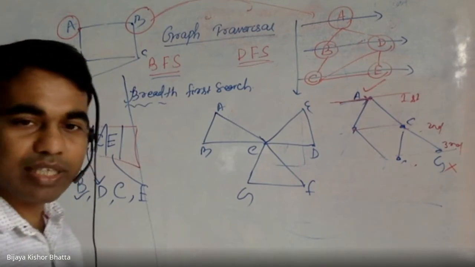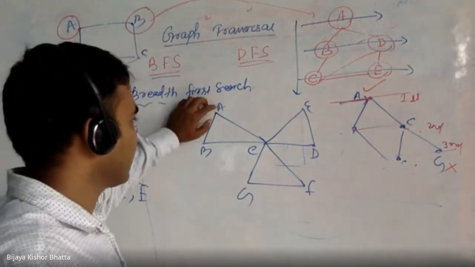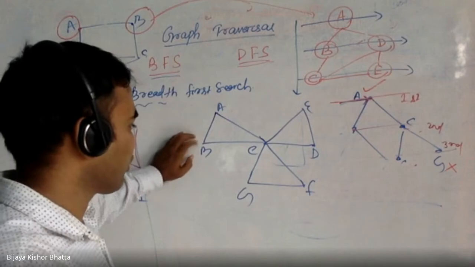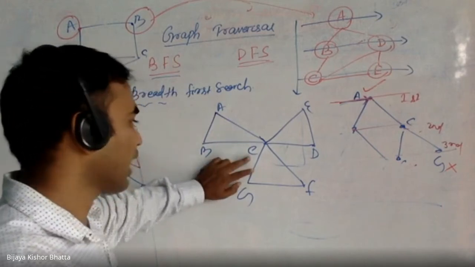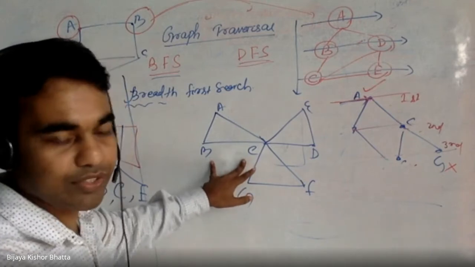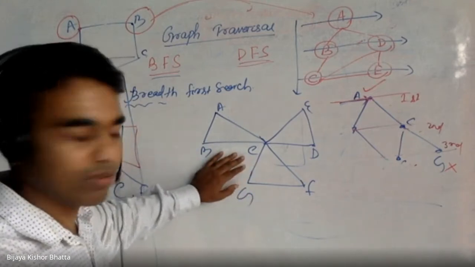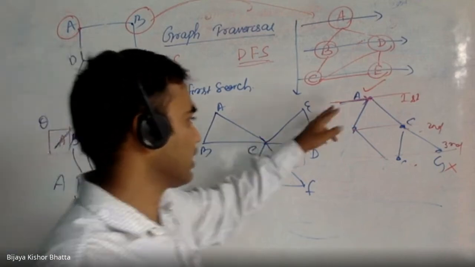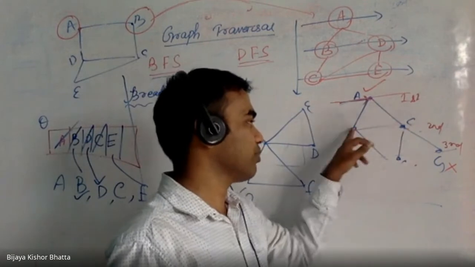So remember this, right? Sometimes people confuse. Suppose A is there. Whether I should go for B or C, that is one confusion. You can go for either C or B, there is no restriction. It could be any order. Like in the tree, I was saying A, then B, C, but you can also think about A, C, B.